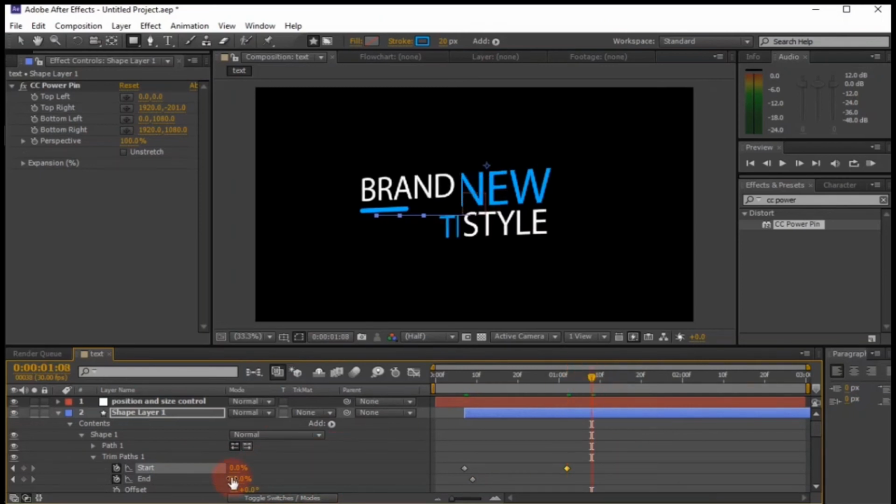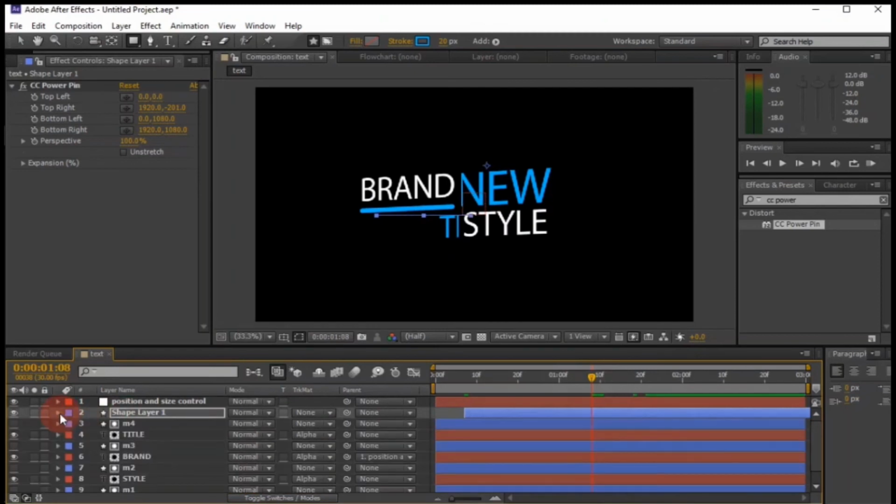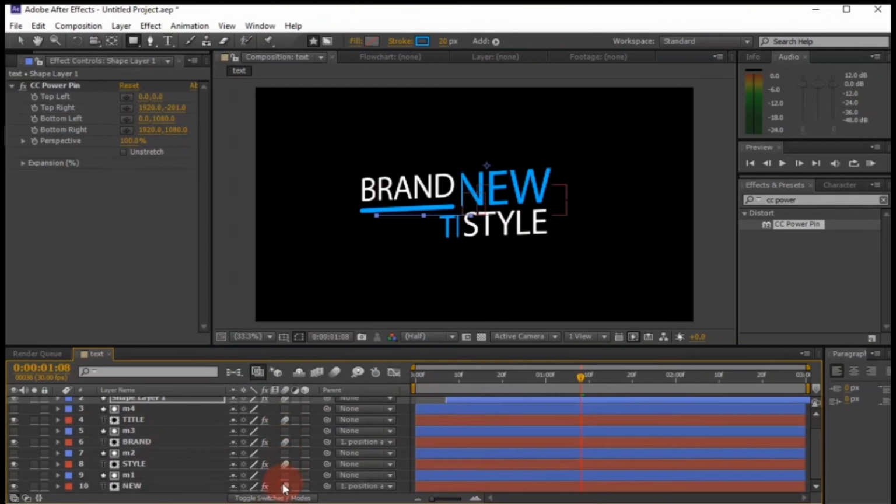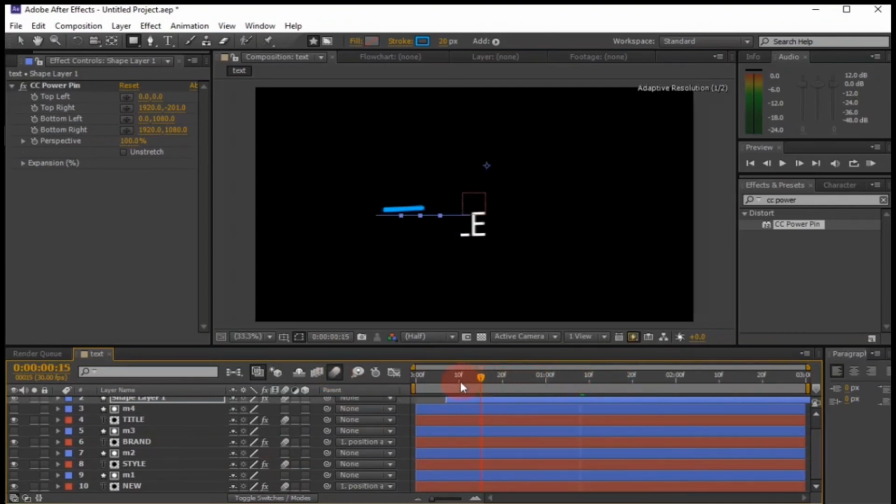Go to 1 second 8 frames position and change the end value to 100. And select the motion blur effect. Click this to activate the motion blur. Now our animation is looking good.